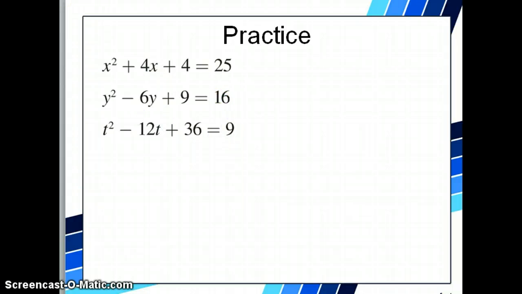So first of all, I want to find out what multiplies to 4 and adds to 4. In this case, my factors that multiply to 4 are 4 times 1 and 2 times 2. Well, 2 times 2 would get us to 4 if we added that. 2 plus 2 gets us to 4. So that tells us that I have (x + 2) squared equals 25. So you can see now it's exactly like that last type that we just looked at,